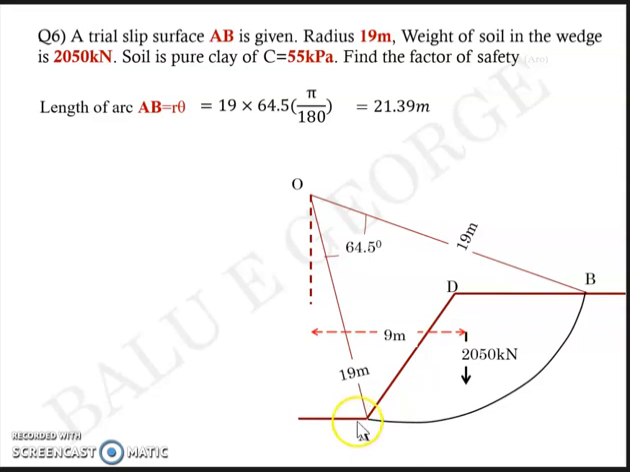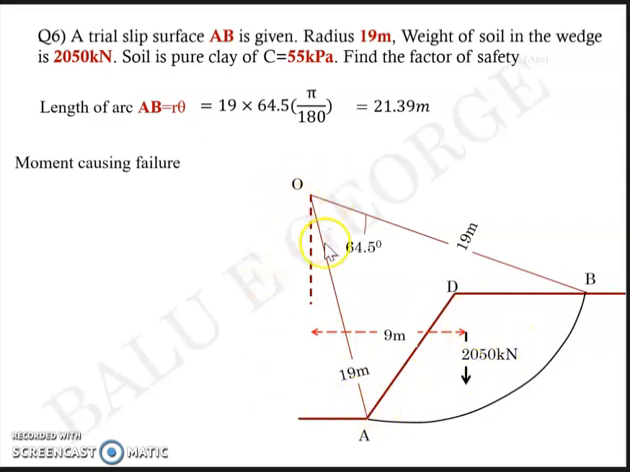Knowing the length of the arc AB, you can find the moment causing failure and the moment resisting failure, and get the ratio to find the factor of safety. Now, the moment causing failure, like we discussed, is equal to the weight multiplied by the lever arm. 2050 kilonewton, when acted at a lever arm of 9 meter, will have an overturning moment in the clockwise direction